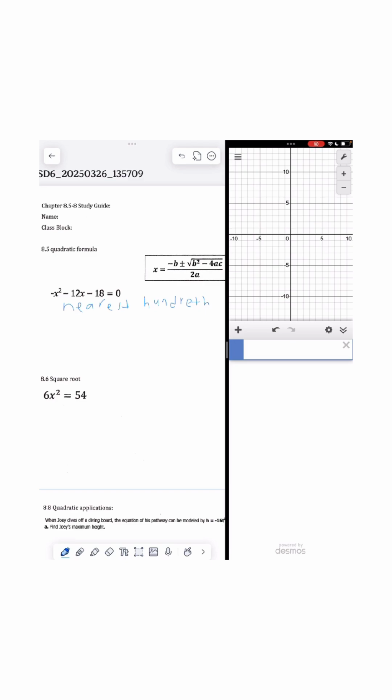All right, so just a reminder, here's A, here's B, here's C. Those are going to be A, B, and C. So what I am going to do is substitute the B and put negative 12 in its place. Substitute the A, put negative 1 in its place. Substitute the C, put negative 18 in its place. So our equation will look like